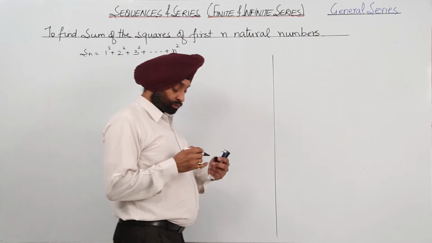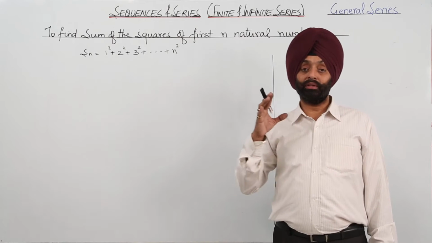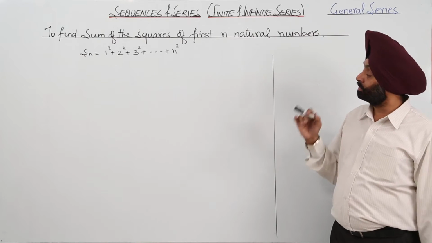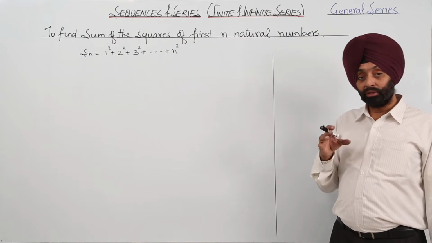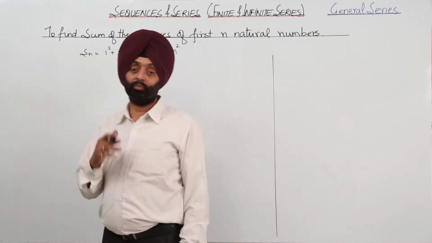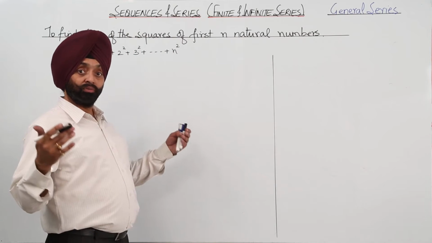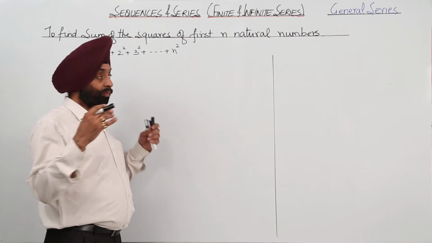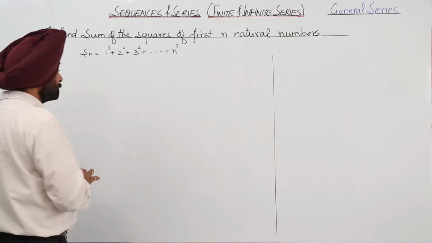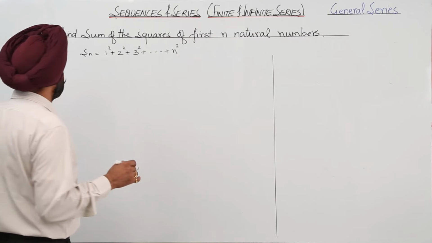Now if you solve this part, we get first 1, then 4, then 9, then 16, and it goes on like this. But if you see, this is neither an AP, nor a GP, nor an HP. So we have to convert it in some particular way first. For this, remember one thing: I am going to use an identity here.